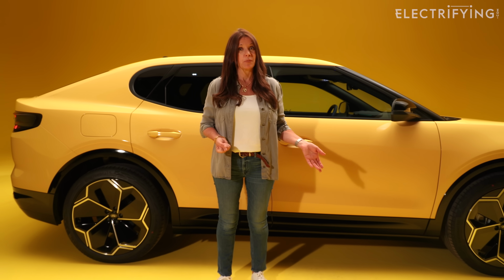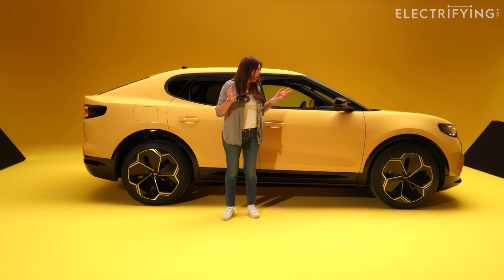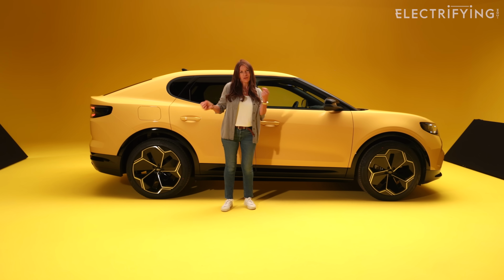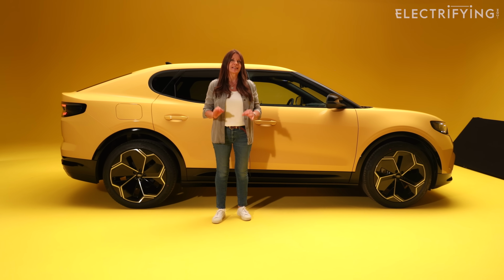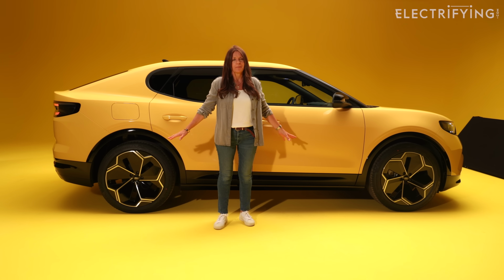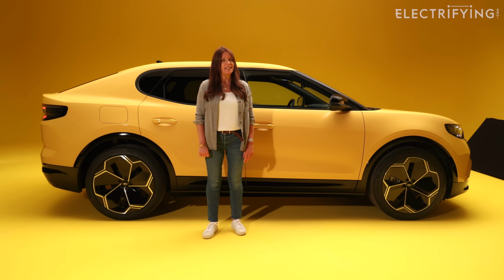The problem is there's so much competition in this market at the moment, with a lot of really established EV brands offering some very appealing cars, and there's loads more to come. Ford has been late to the electrification party, and as well put together as this is, I'm just not sure it's got enough of the coolness of the original Capri to make it stand out from all of those other cars. But as always, our opinion may change when we drive it,